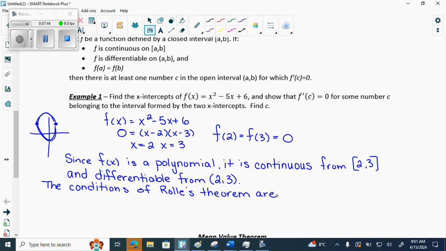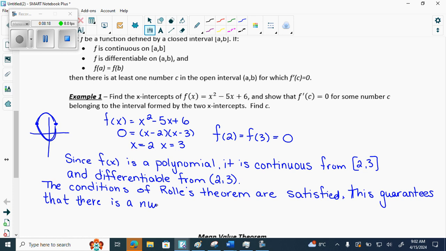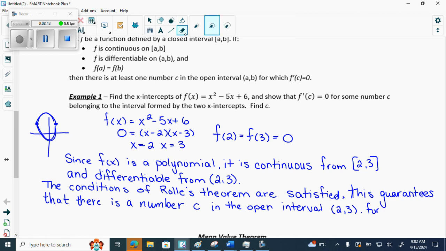Since the conditions of Rolle's theorem are satisfied, this guarantees that there is a number c in the open interval (2, 3) for which